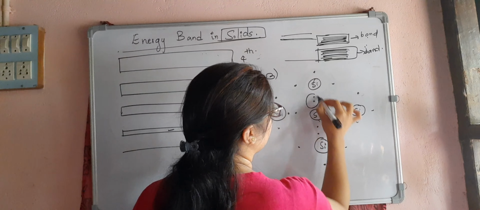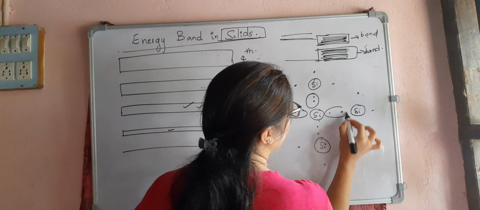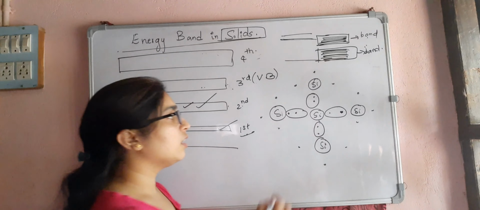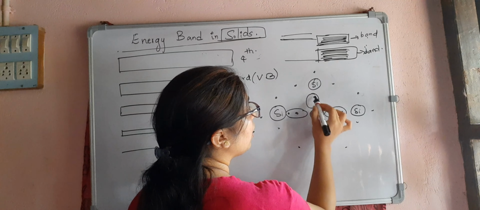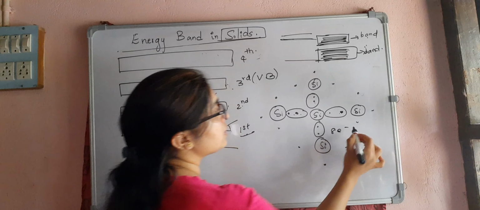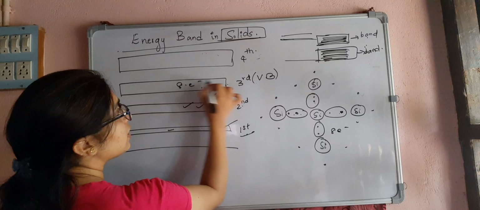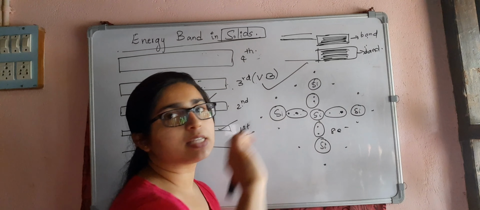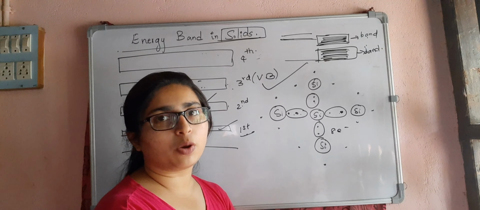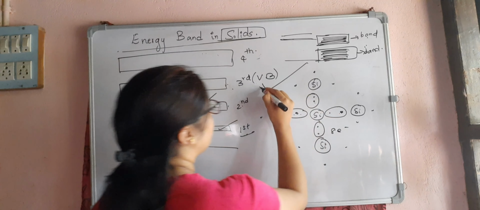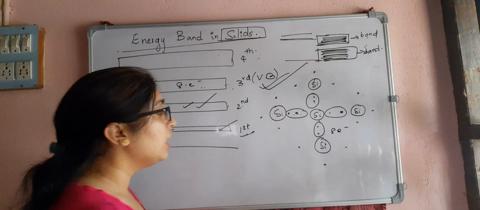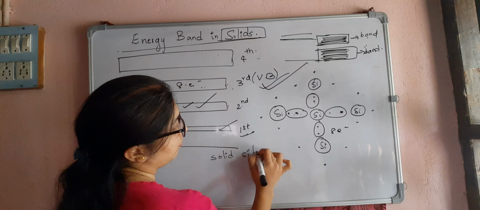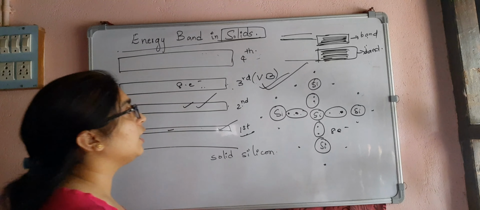See, now this will be forming a bond with this. This is the outermost orbit I am considering. Now what happened? It had only 4, but now it has 8 electrons. Now the valence band is completely filled, because the outermost orbit also has 8 electrons, and the maximum it can accommodate is 8 electrons. So the valence band is also completely filled. That is in the case of solid silicon.